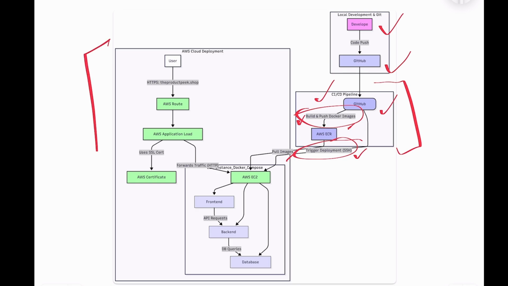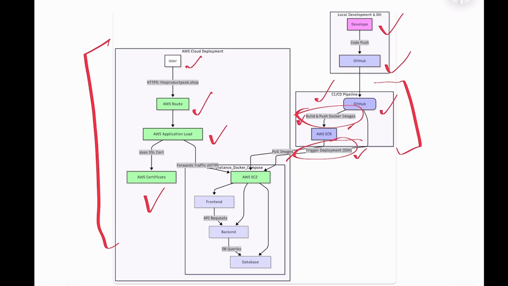And then we have the AWS cloud deployment infrastructure. Here is what generally happens. A user will open your website, whatever your domain is, in their browser, and then Amazon Route 53, which we are going to be using, maps your domain name to AWS resources. The AWS Application Load Balancer handles HTTPS encryption. It is going to forward your HTTP traffic to your backend servers, which in our case is going to be an EC2 instance. And AWS Certificate Manager is going to provide and manage your SSL certificate,